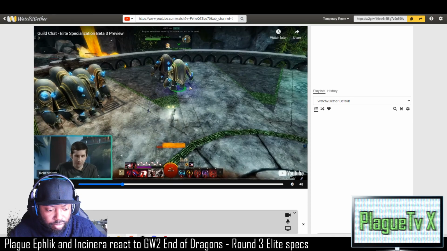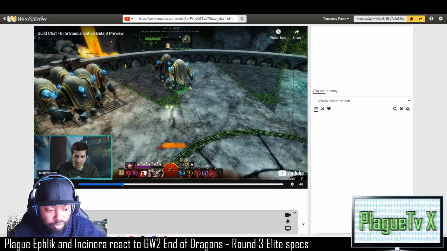Like, okay, if you want to support people, go play a Guardian or Firebrand, or you can do Scourge too. Why would you go on a Thief to play support? I don't think a lot of people will. They'll probably turn this into something else. In World versus World, maybe. I think only in World versus World, and I don't know about PvE, but...